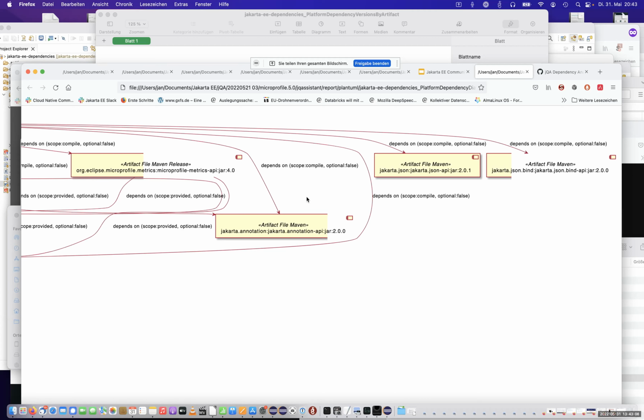I think it's at least for MicroProfile 6, so we can just split up all the. What I can do is open an issue, and there is a link to the sources of that project and the demo where the project is used in conjunction with the Jakarta EE dependency analysis.